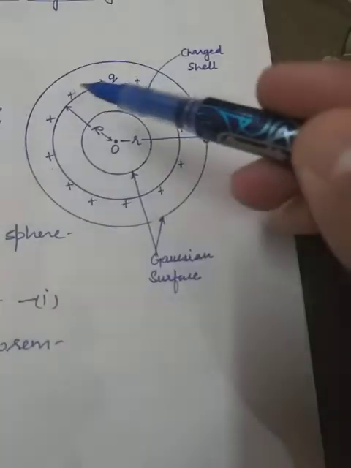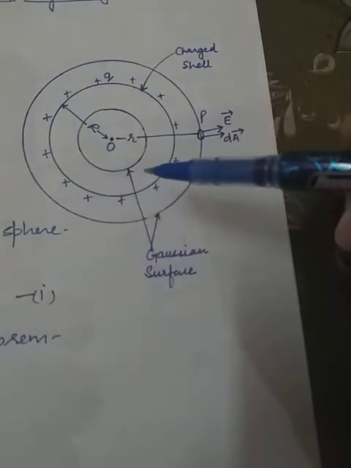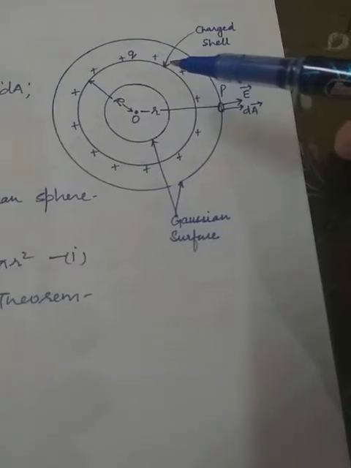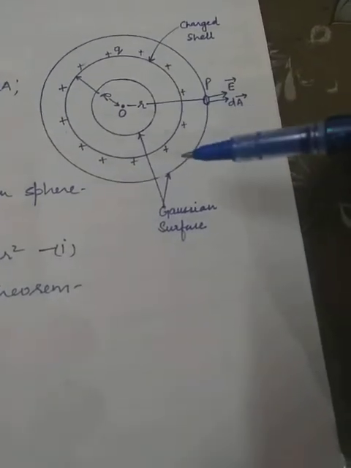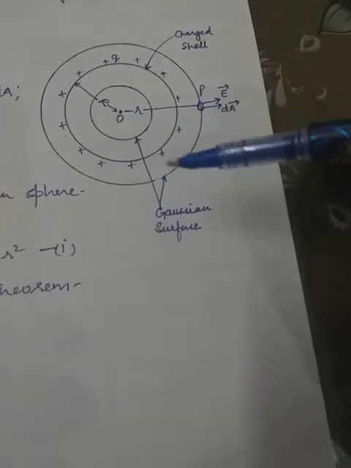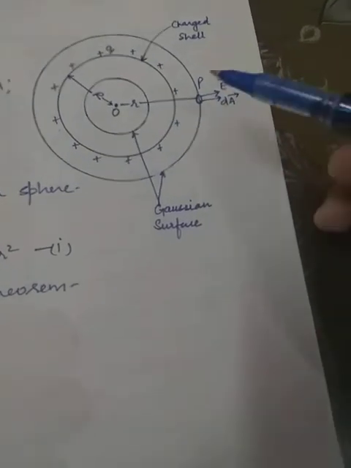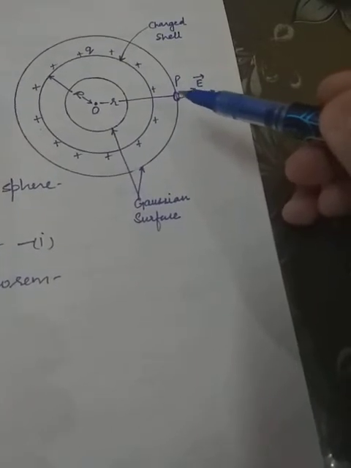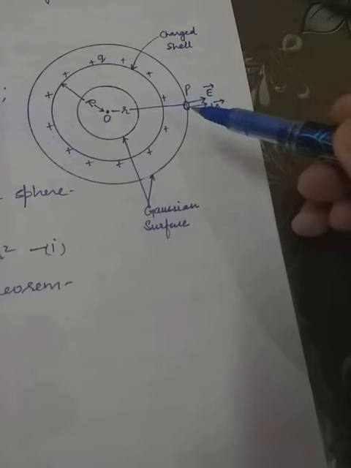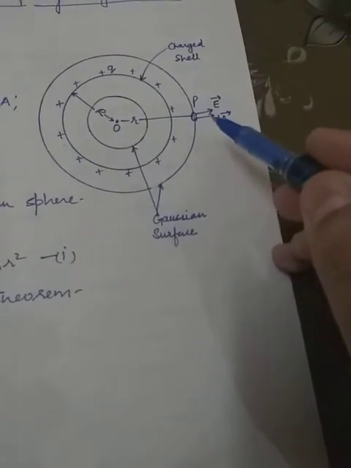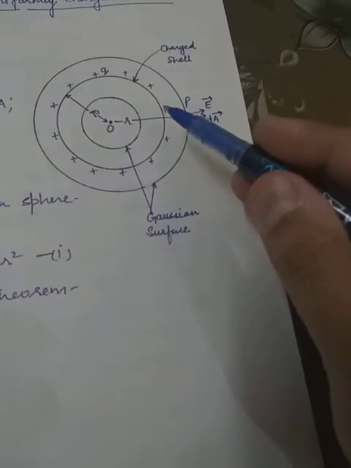Charge is given on the surface of the shell. This is the property of all the conductors, that charge always stays on the surface. We have two Gaussian surfaces as per the requirement. We will see these Gaussian surfaces in the derivation. And on the outer Gaussian surface, we considered a small elementary area at point P as dA. So the direction of that elementary area dA will be radially outwards,